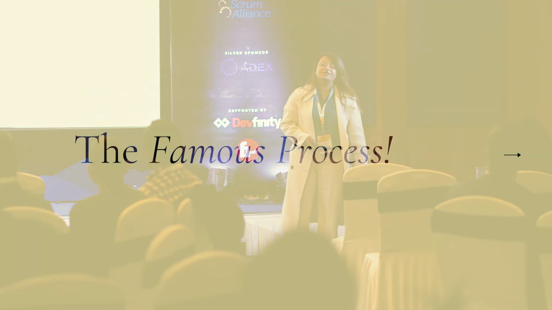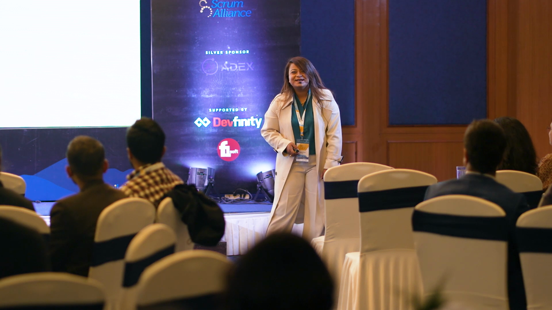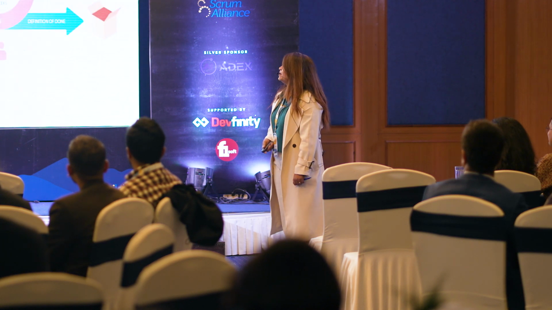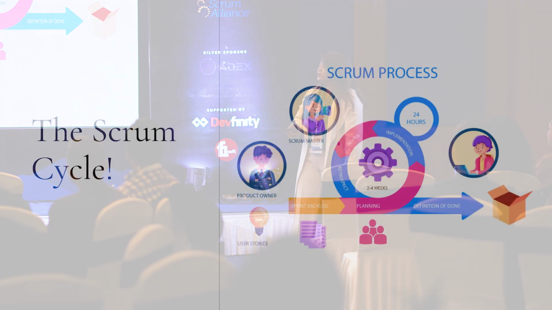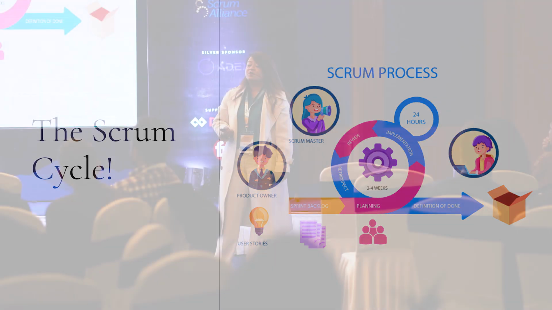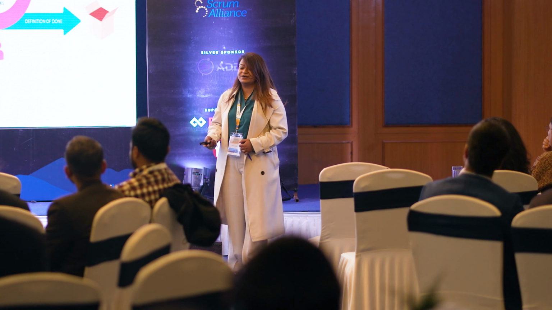I'm just going to take an example of one of these methods, which I learned in the very beginning when I joined the IT industry. Can anyone guess which one it is? The Scrum Cycle. The Scrum Cycle is something most of us are very familiar with. We have applied it, we are planning to apply it, implementing it, learning it. Moving forward, the Scrum Cycle follows the 3-5-3 rule: the 3 roles, the 5 events, and the 3 artifacts.